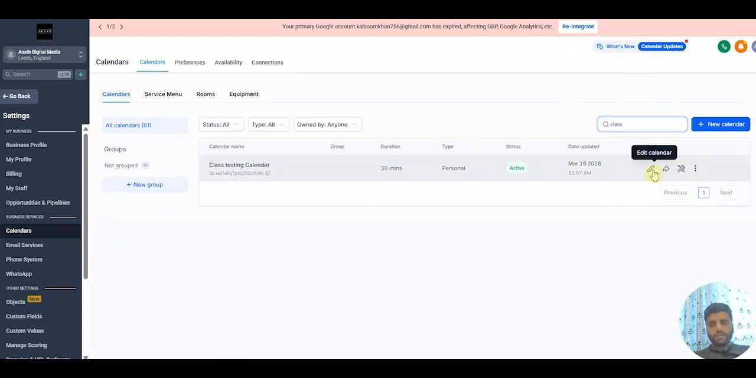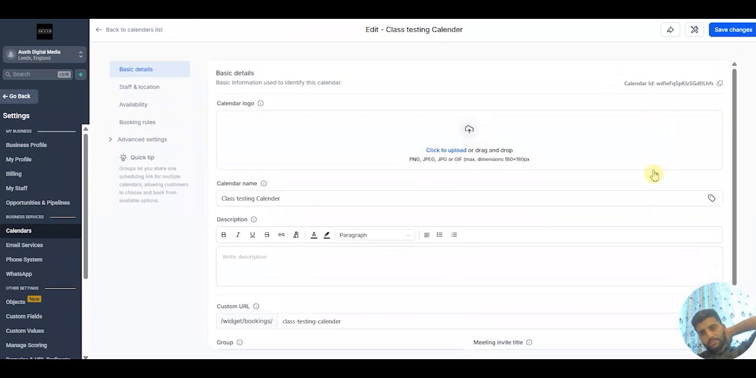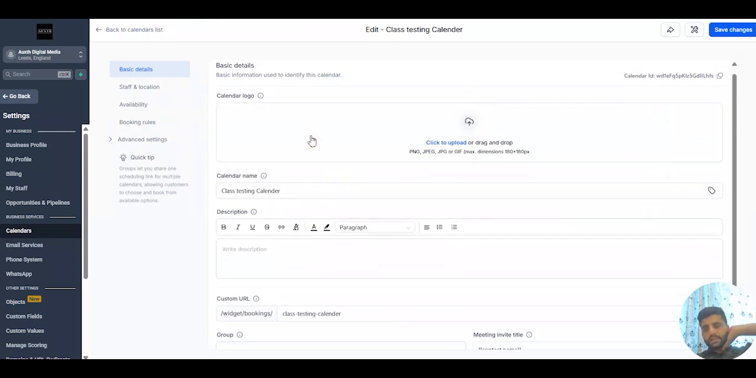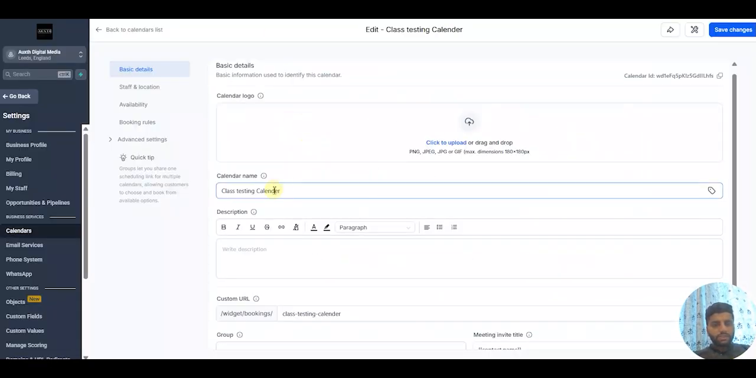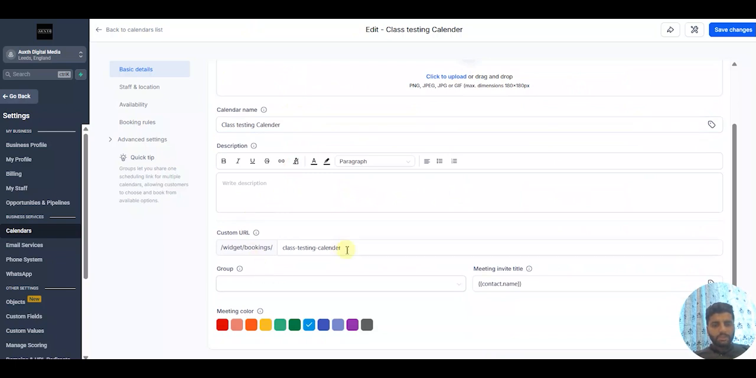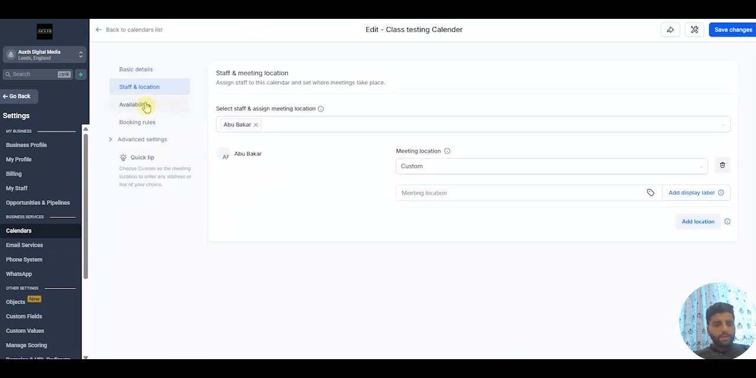Yes. So we simply click on edit, and after that you simply can upload the logo which will be shown right here. And after that you need to enter name, then description, then widgets, and so on. So staff and location, so you can add multiple staffs here as well. Okay, and meeting location can be the